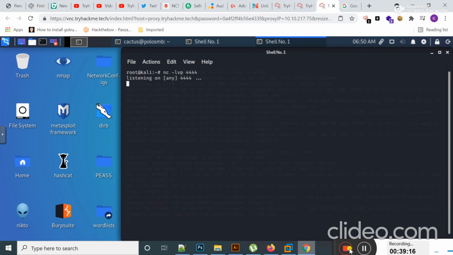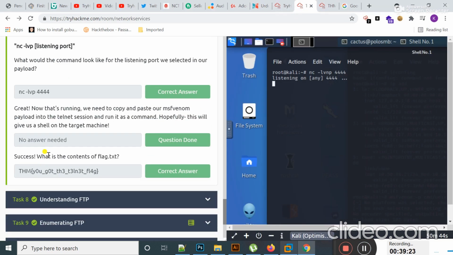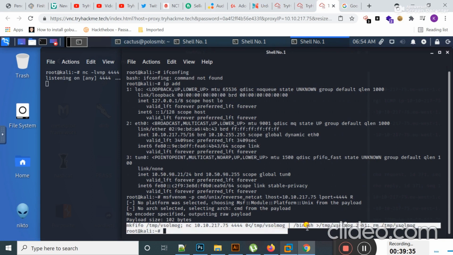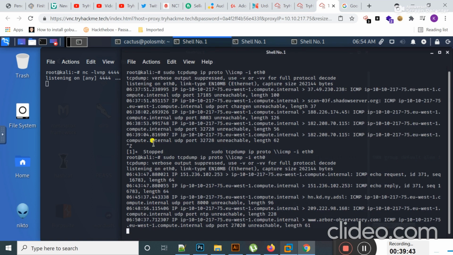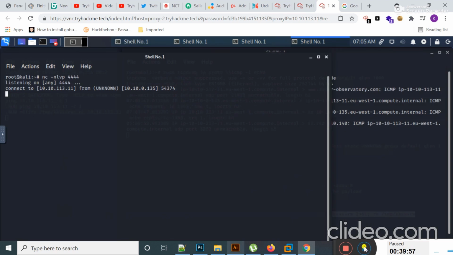I'm going to open another terminal. If I check my IP address with ifconfig, here you can see the IP address is 10.10.217.75. I should copy this, go here, and use the ping command with -c 1.